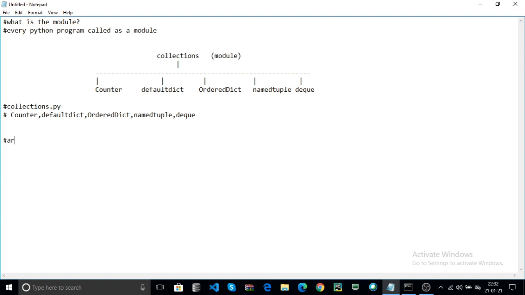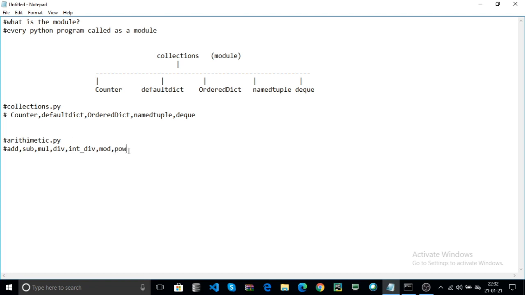For example, arithmetic.py. The arithmetic.py module contains the functions add, subtraction, multiplication, division, integer division, mod and power calculation.